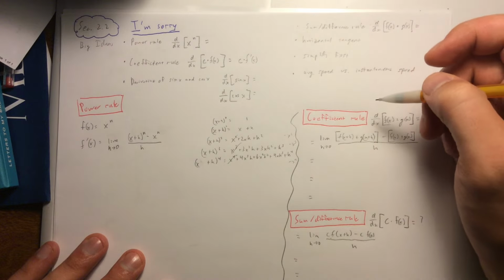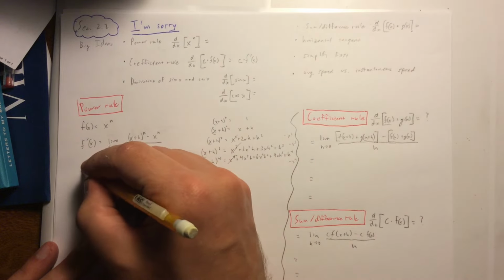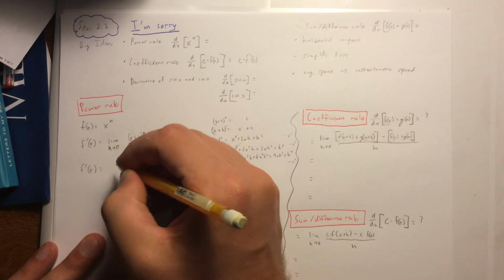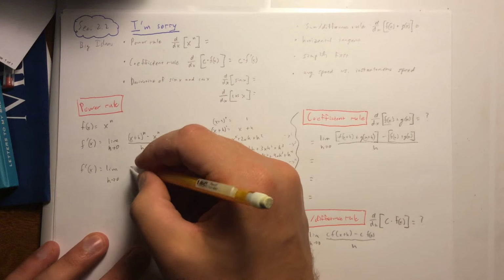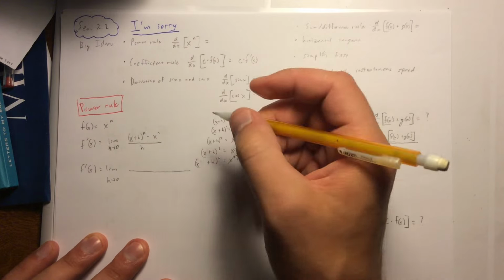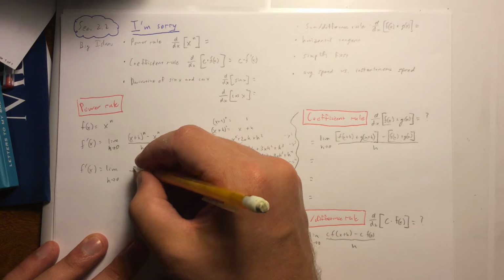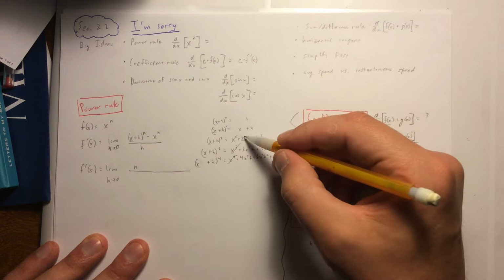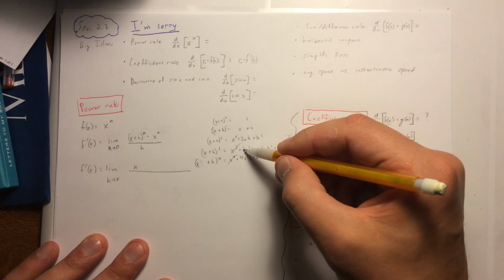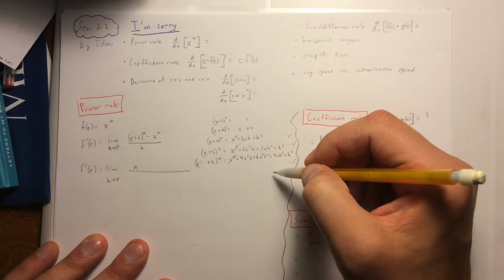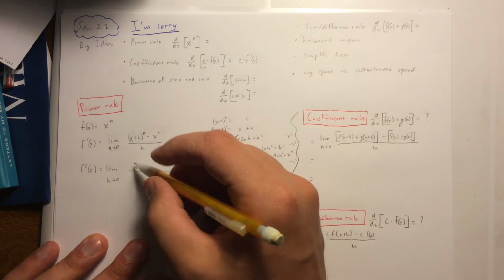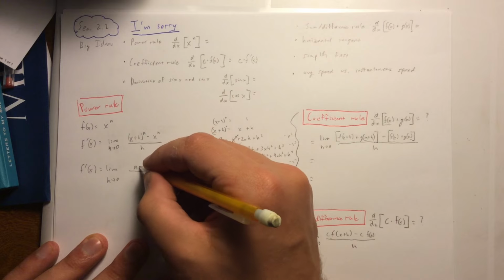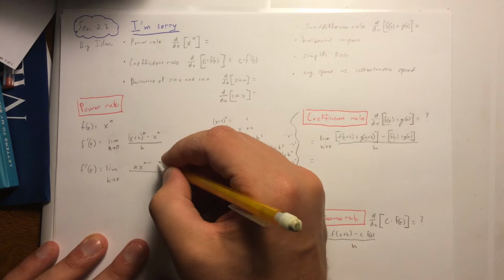So what we end up having then is, you'll notice that each time the power right here is right in front of the second term, because the first one got killed by subtracting f of x. So we're going to have n x to the n minus 1 times h